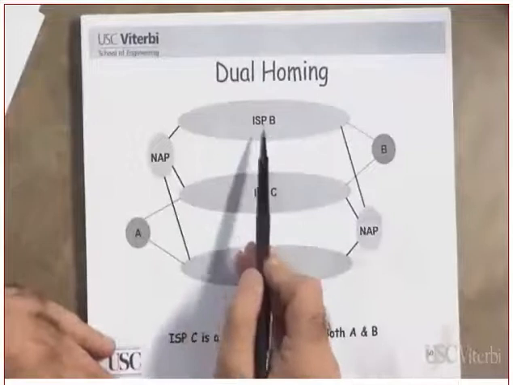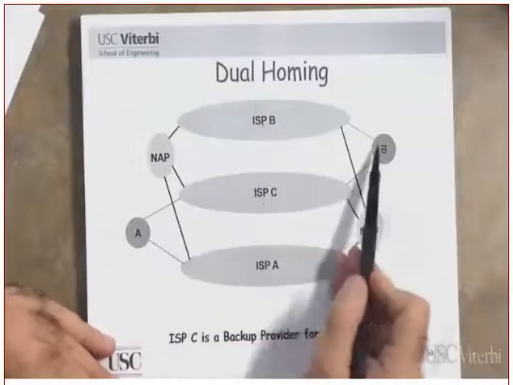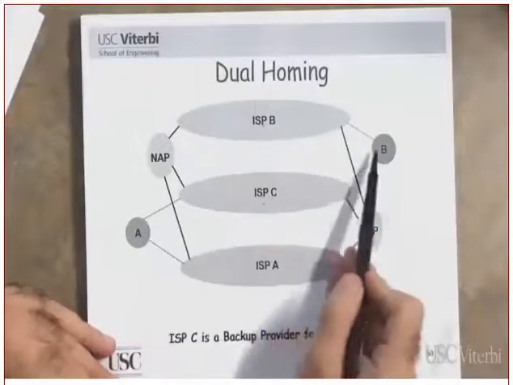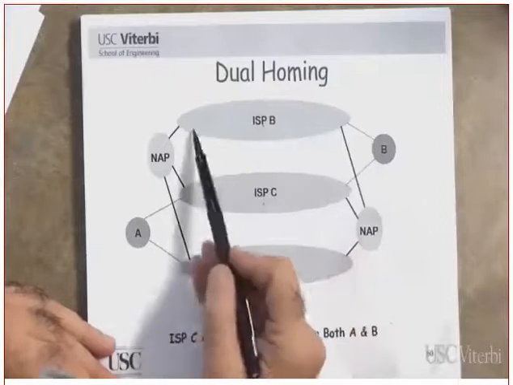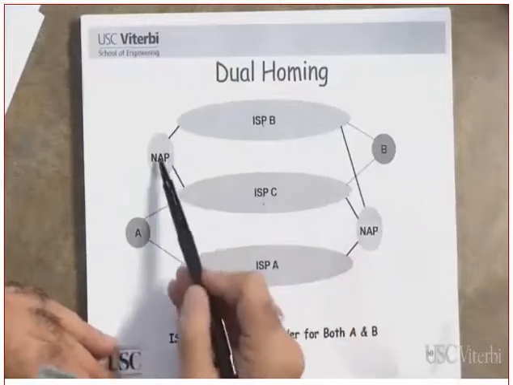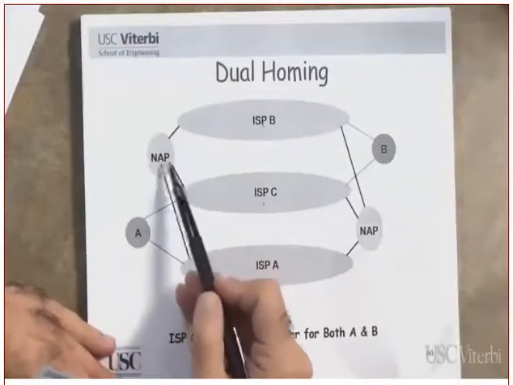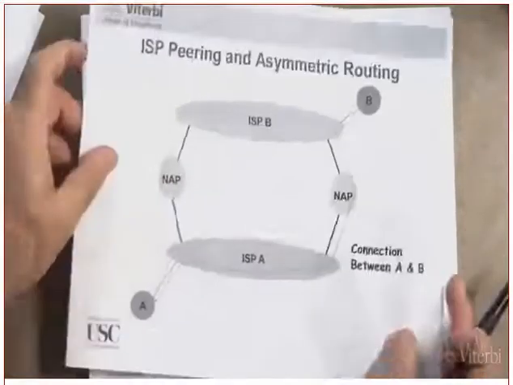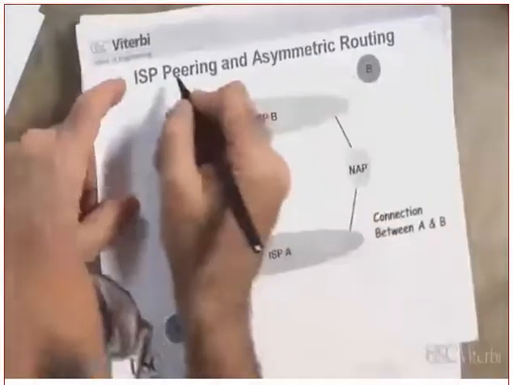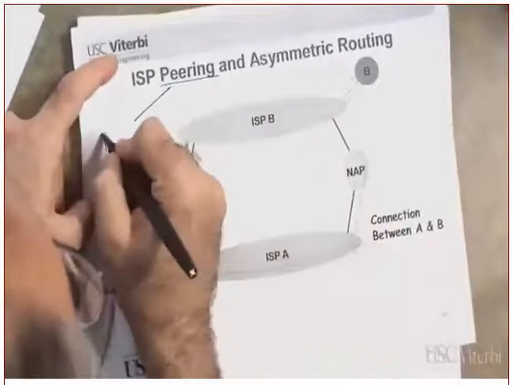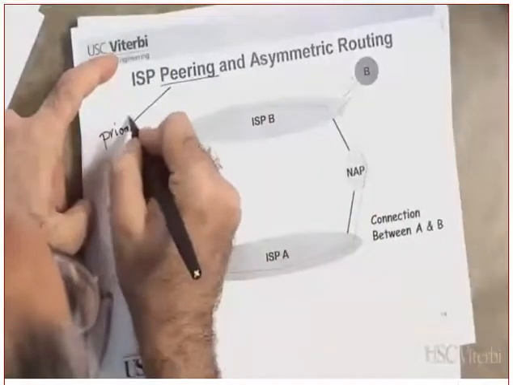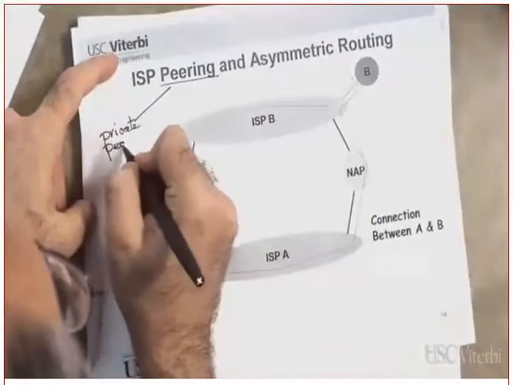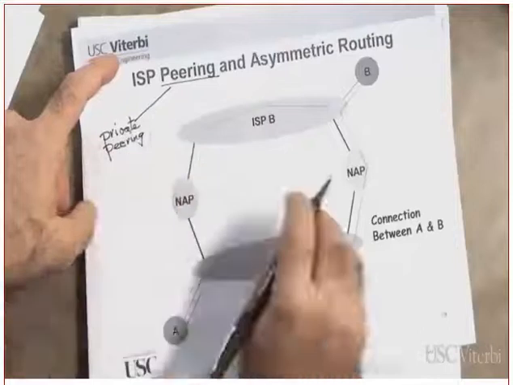You see this ISP is connected to this ISP-C directly, via points B, for example. Whereas in this case, they are connected via the network access points here. So they are either connected directly, which we call private peering, or